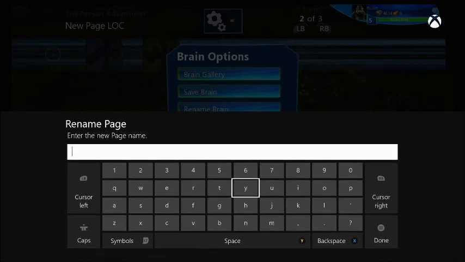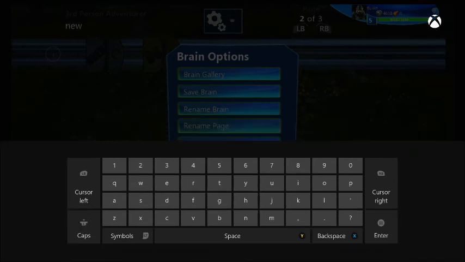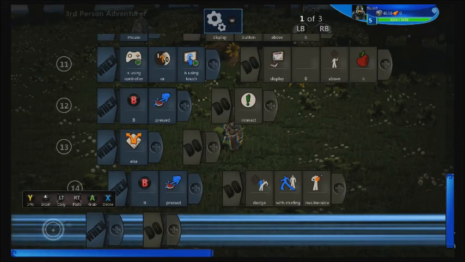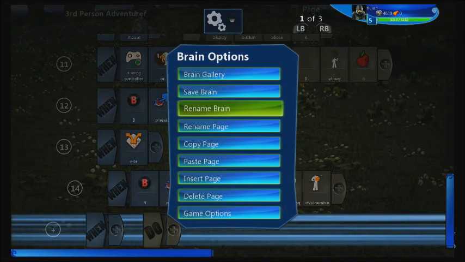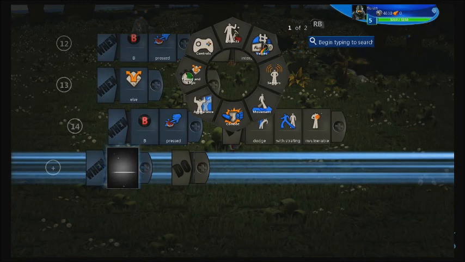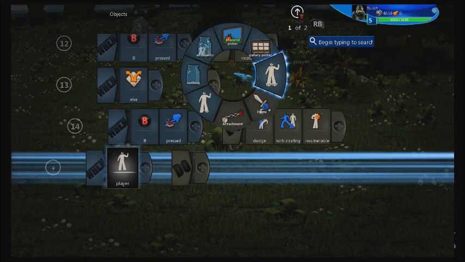Alright, now we're looking at a second page. There are multiple pages to brains, and they're actually very useful for switching back and forth. I'll show you what that code is here in a second. We named that page new, and we're going back to the first page, and we're going to name it original, just so we can distinguish between them. Now we're going to go and look at,